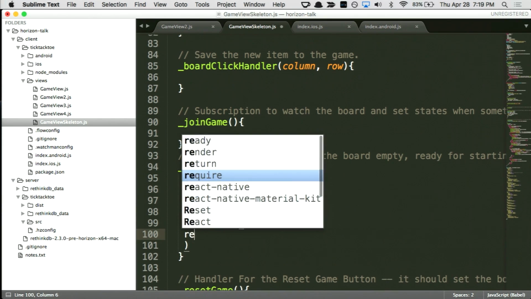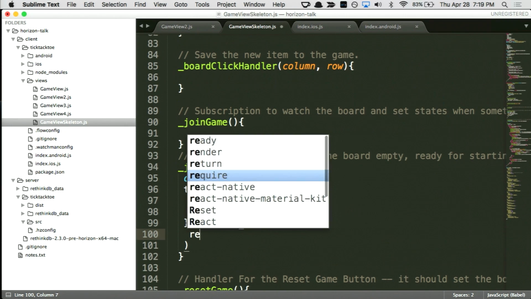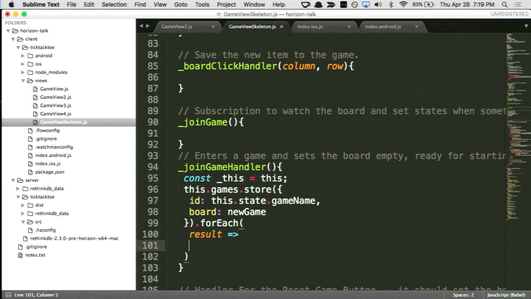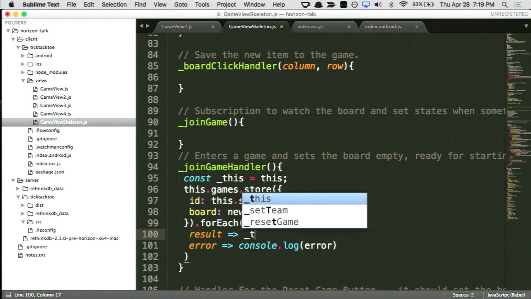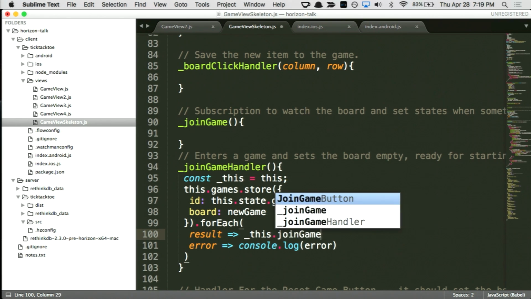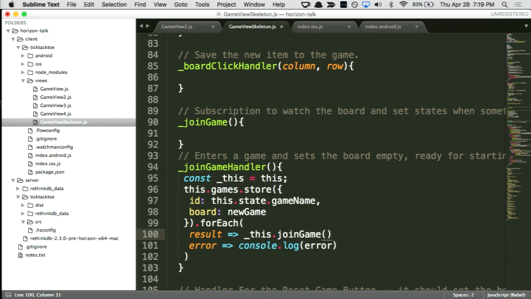You can say return or result, and then we have the error case as well. In this case, we'll just say console.log error. And in the result case, let's actually join the game. So now that we've created the game here,